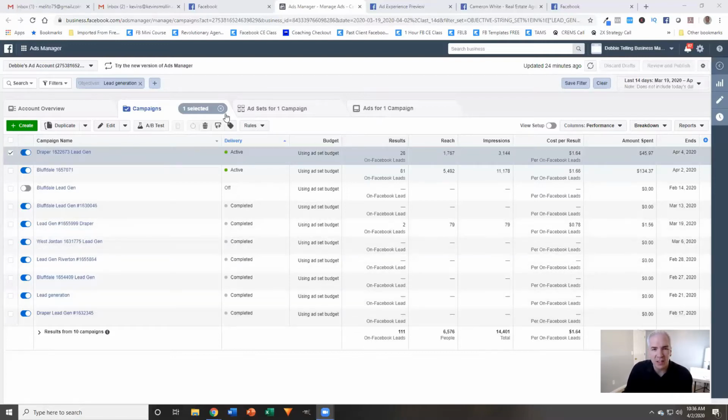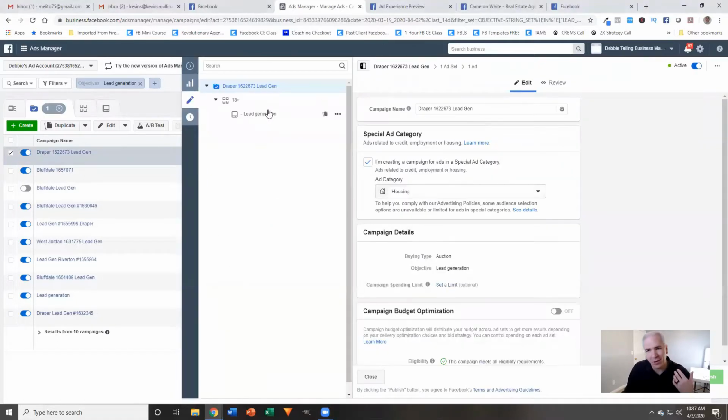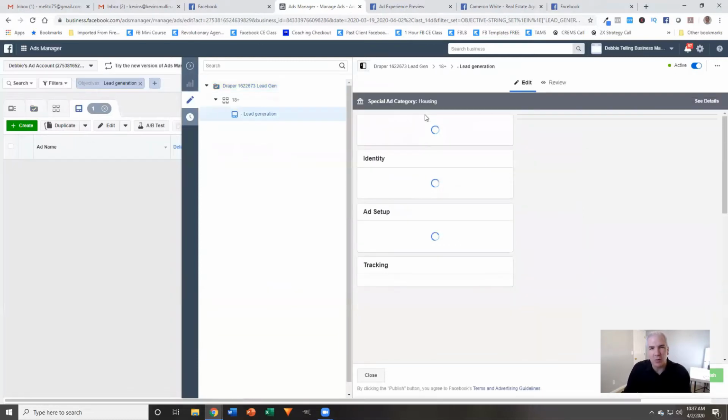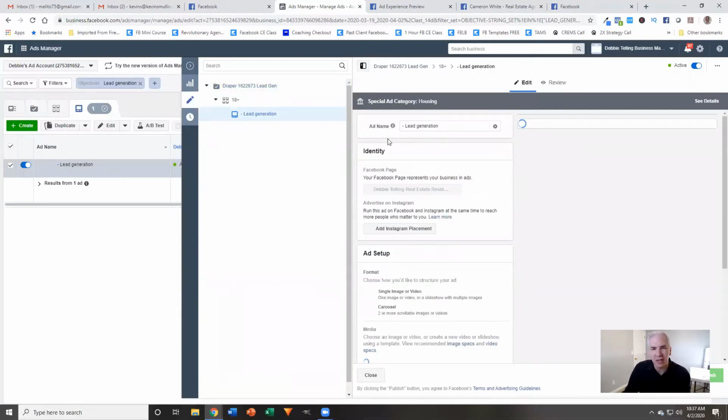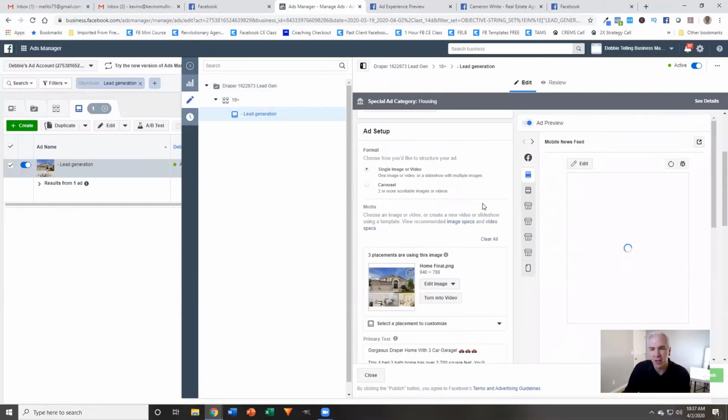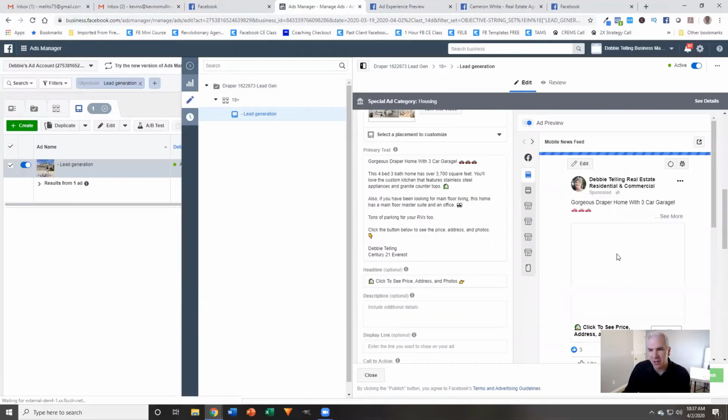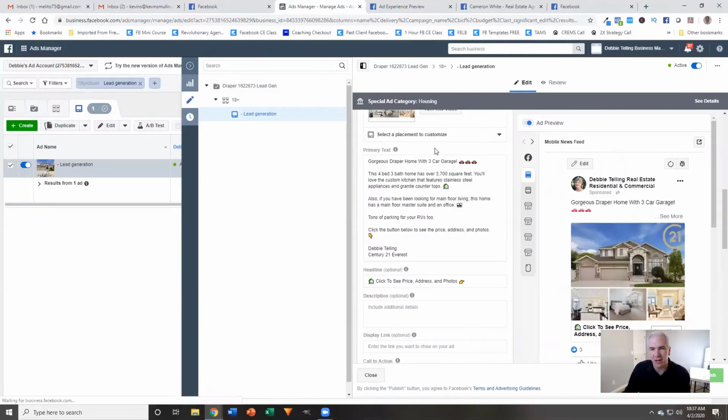Now, what is this ad that they're currently running? Frankly, this is an ad that I've done tons and tons of tutorials on. It's where we're marketing a listing to generate interest from potential buyers. And so you can see here's what the ad looks like. Here's the text of the ad. But again, the simple concept is we're marketing a home to generate interest from potential buyers. So when they click on the ad, a form pops up, we're collecting their contact information, and that's how we're capturing the lead.